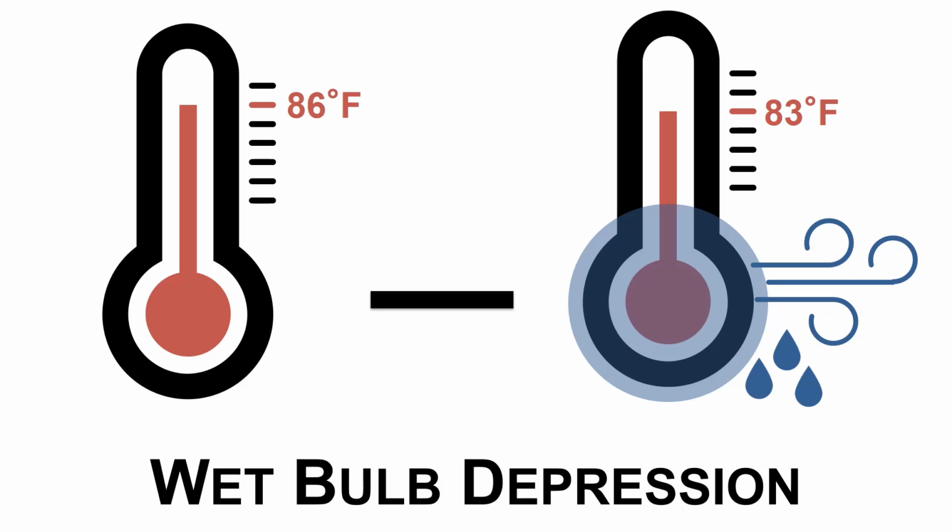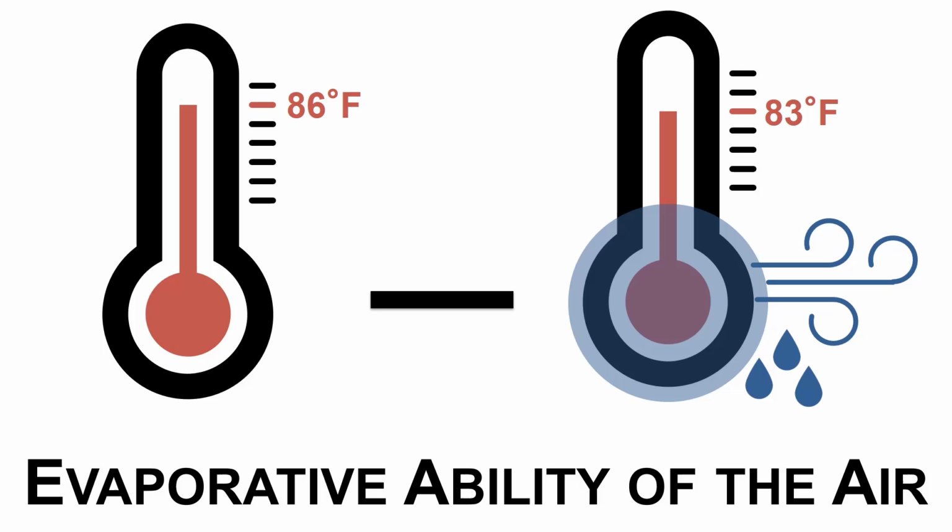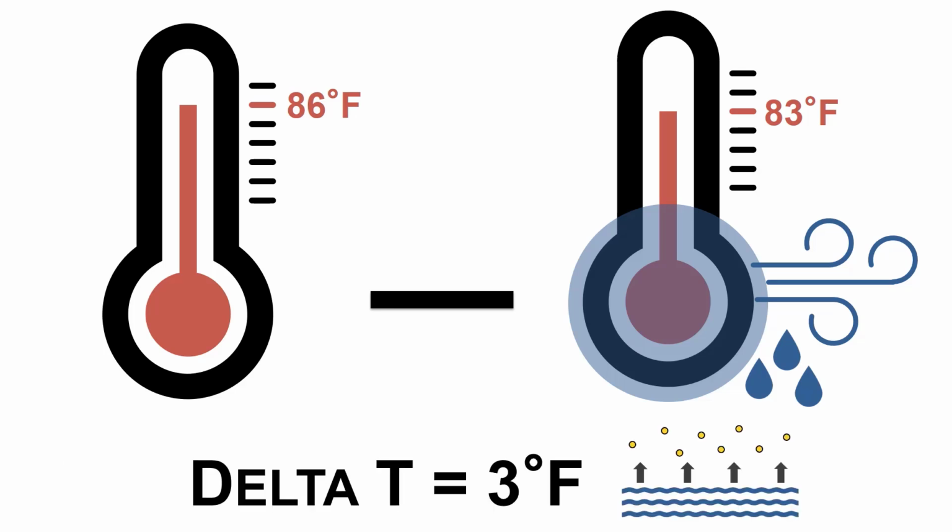So delta T could also be described as wet bulb depression, but again, it is essentially the evaporative ability of the air. In this example here, a 3 degrees Fahrenheit difference is actually quite small, represents a low capacity of the air to evaporate. If that delta T were larger, say 9 degrees Fahrenheit, that means that the amount of